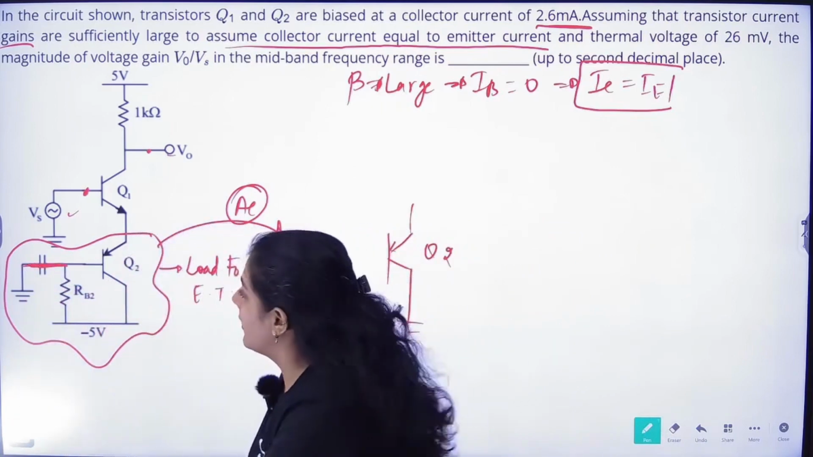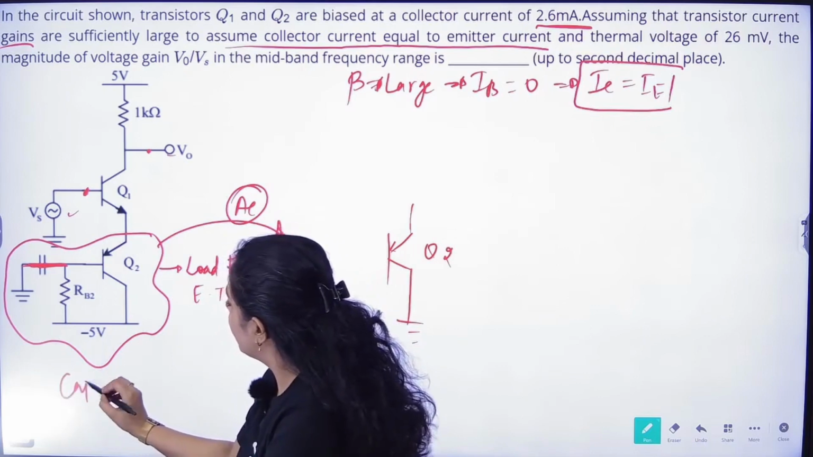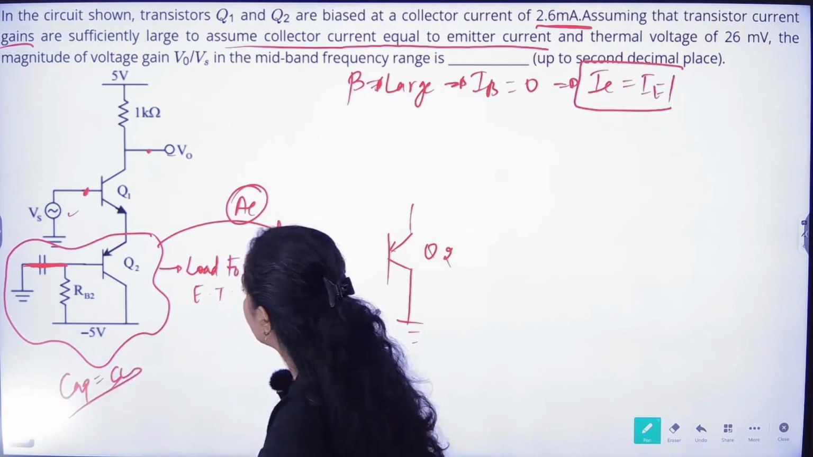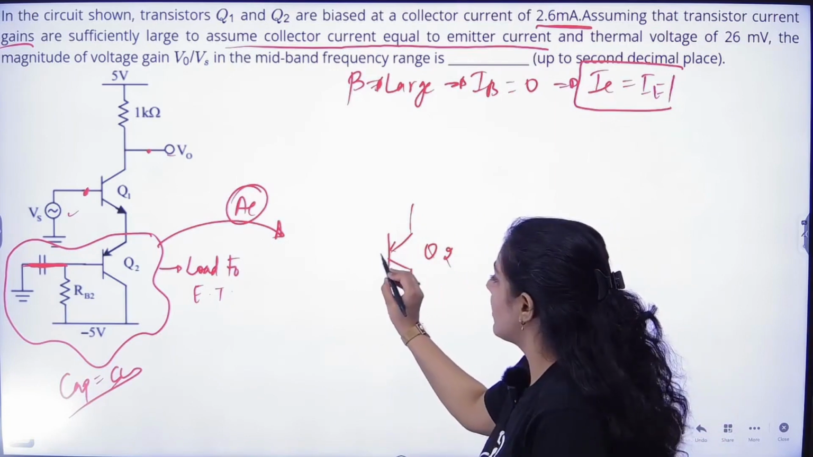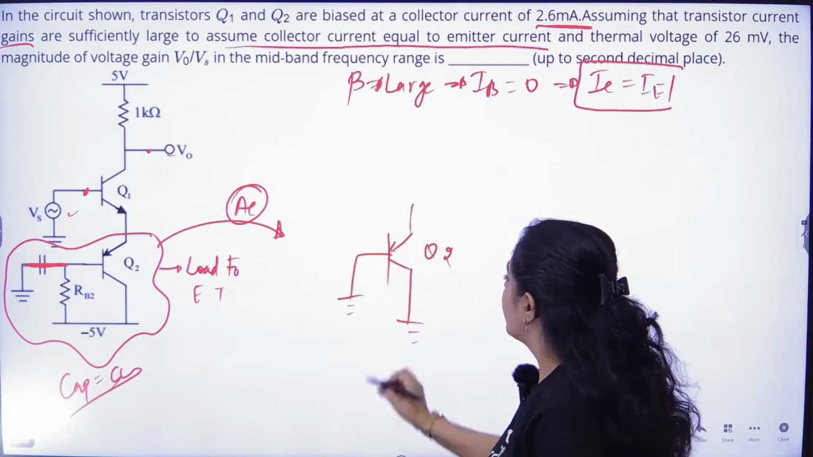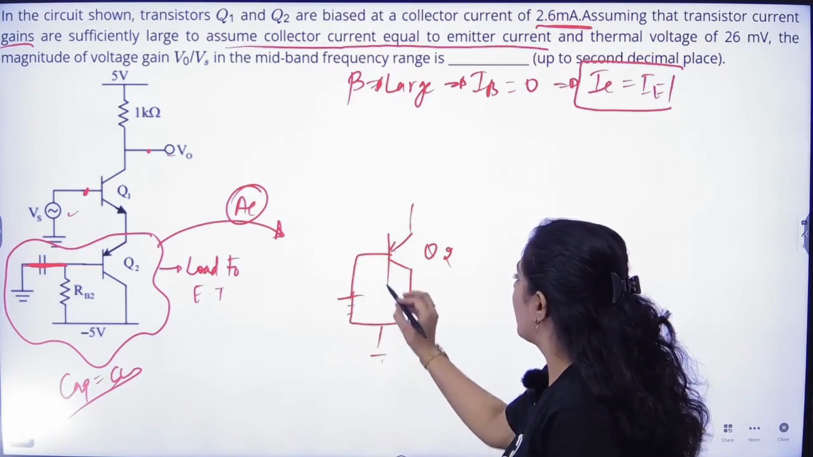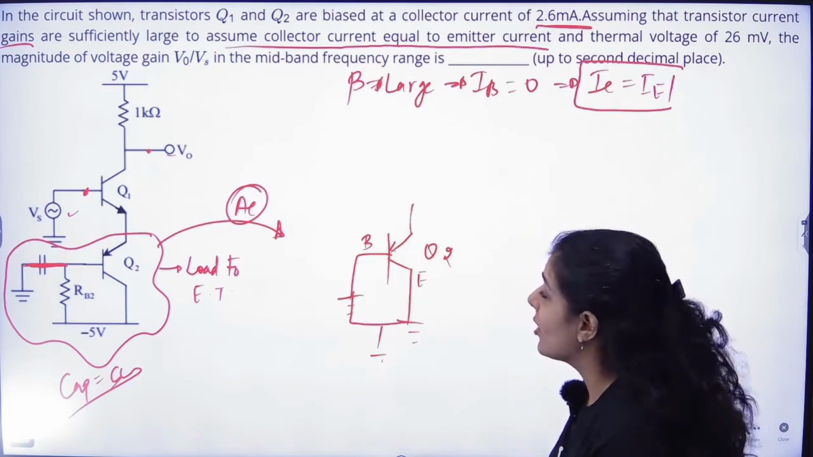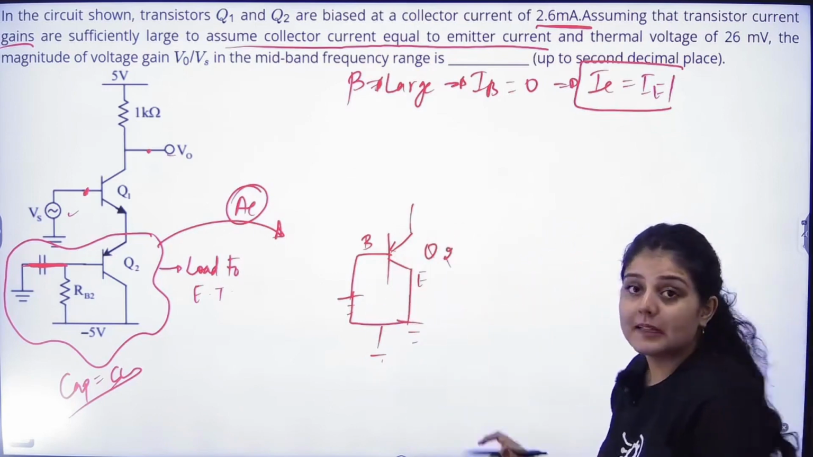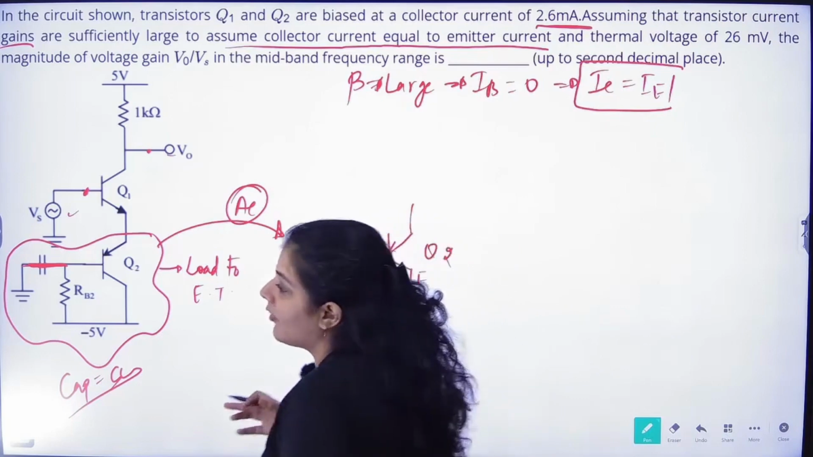In AC, the capacitor will be a short circuit. A short circuit in parallel with the resistance will also be a short circuit. So this is also ground. So both the base and emitter terminals are grounded. So this particular arrangement of this